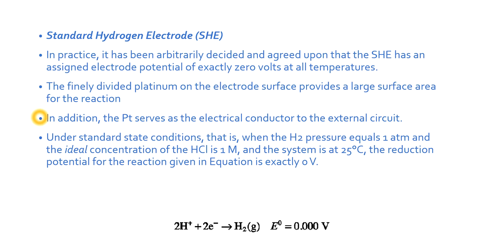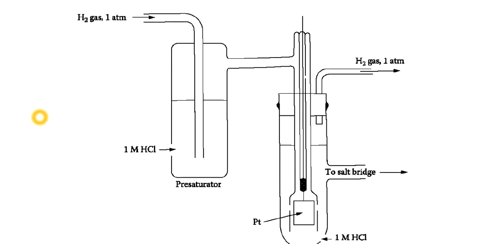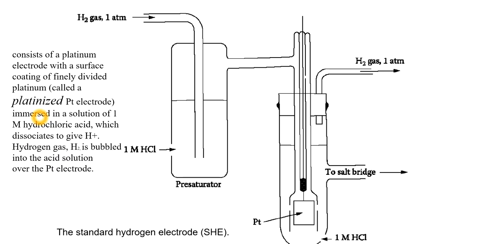The net reaction of the cell is 2 H plus gaining 2 electrons to form hydrogen gas, and its net voltage is 0. It's a typical figure, as you can see: the platinized electrode connected by a Pt wire, and here is the container for 1 molar HCl, which may be connected to another half cell for determination of